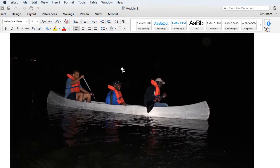This is absolutely a frozen shot. We can see the oars are clearly frozen, and the little droplets of water. However, there's a little caveat here. You used a flash on this photograph, and a flash will actually freeze things up even with a slow shutter setting. So while you have frozen things up, the flash,